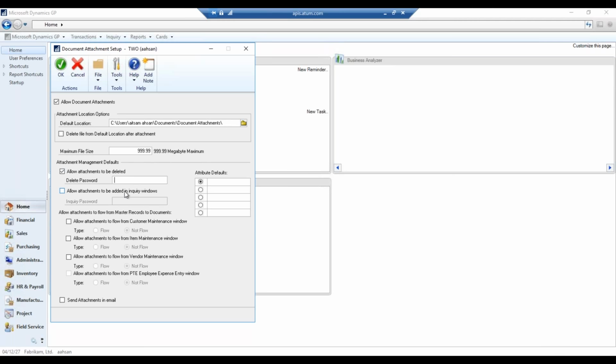For now, I'm not going to enter any password just because it's easier to go through like this. Plus, I have a history of not remembering passwords correctly, so I don't want to create one because I will forget it. So I'm going to leave that as is. And then